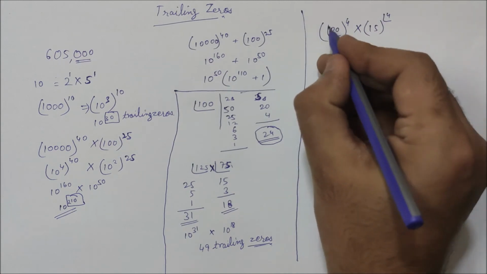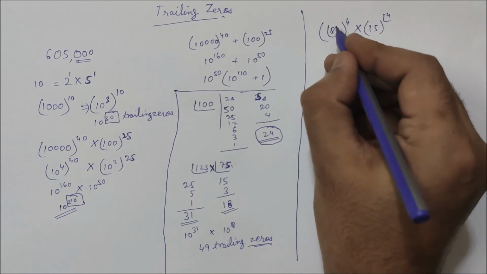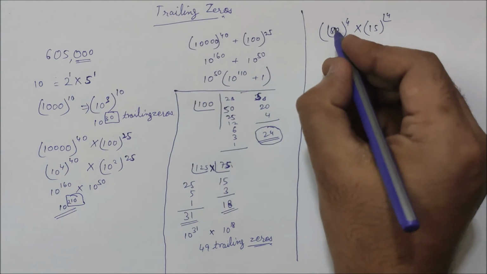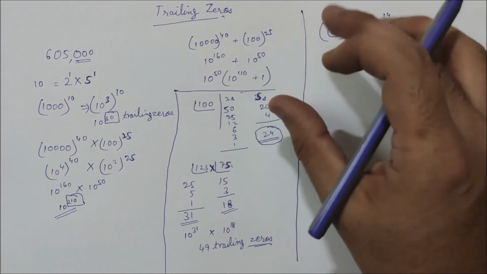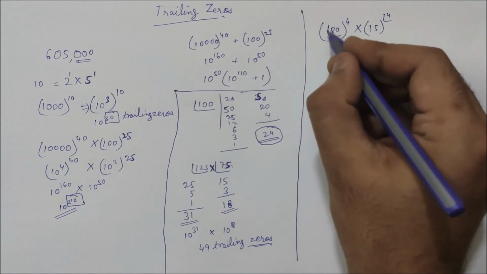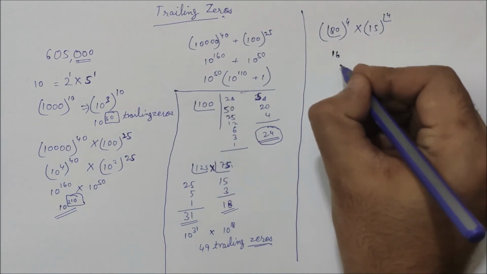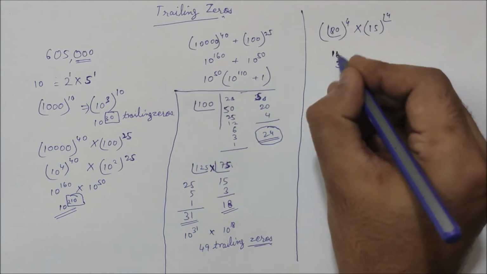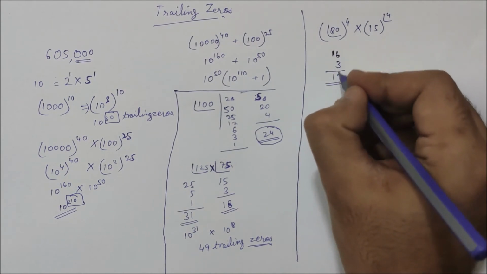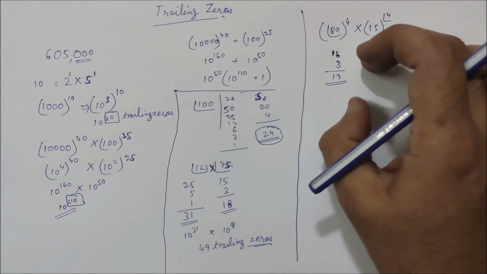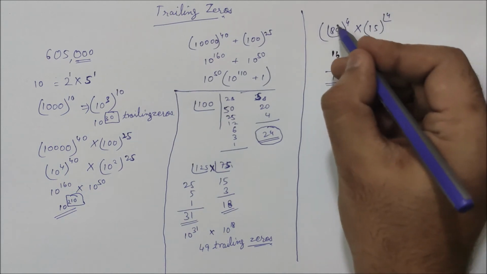So we need to find out the number of trailing zeros present in factorial 80. To calculate that, I'll divide it by 5, because I know there would be ample number of 2's available. Dividing by 5, I'll get 16, then further dividing it by 5, I'll get a 3. So there are 19 fives present. That means 19 trailing zeros are present in factorial 80 itself.